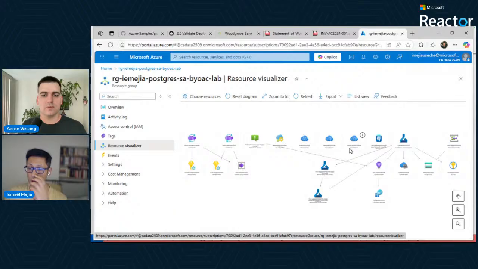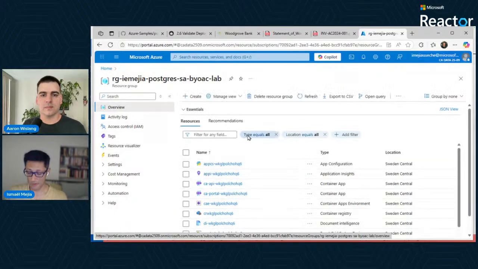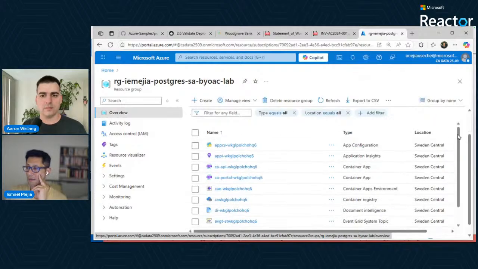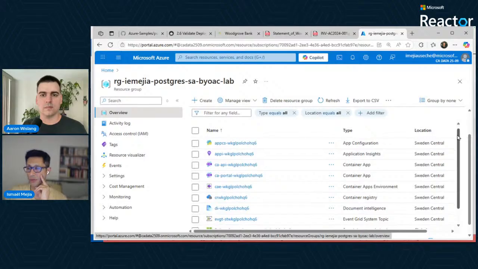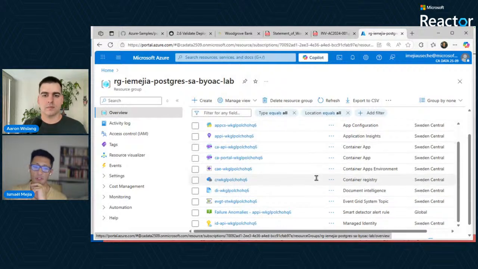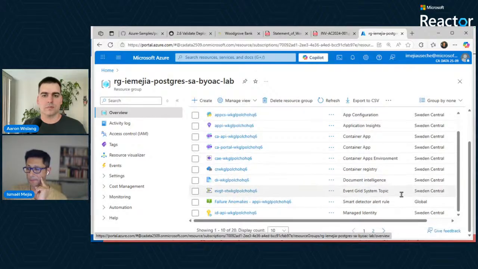This is too small, but we can see just in the list here in the overview. I don't know if it's readable. I hope so. You can see we have multiple services. We have 2 container apps that are running our application. There are 2 containers, one for the front end, one for the back end, that are the web services. We also have, of course, a container registry, and a part of this we have our